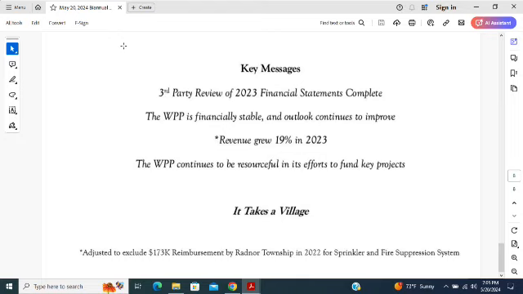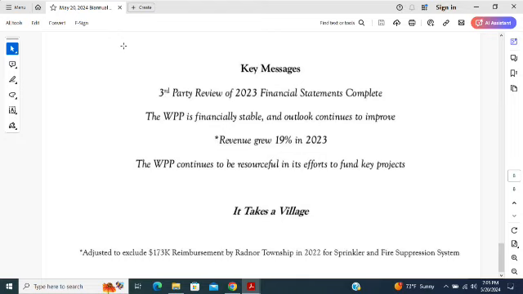Revenue grew 19% in 2023 when you exclude the $173,000 reimbursement payment we received from the Township in 2022 for the fire suppression and sprinkler system.